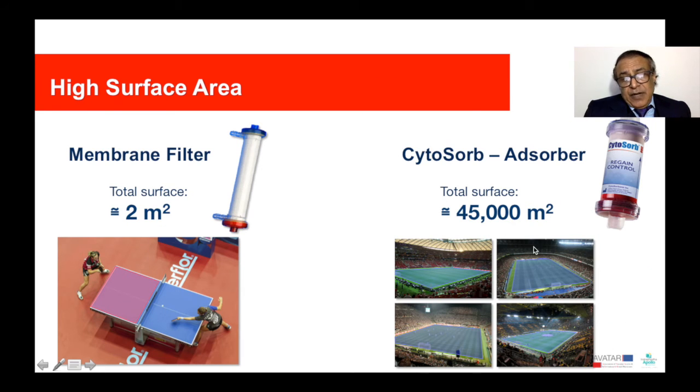And as I said, the surface area of this cartridge is extremely big. This is the comparison: if you look at the dialysis cartridge, it is roughly about 2 square meters, while the surface of these small beads, if you put them together, the total surface area is about 45,000 square meters, which is equivalent to about 4 football stadiums as compared to one single table tennis table. So that's why probably in my clinical practice, once we put up this Cytosorb cartridge to my patients,